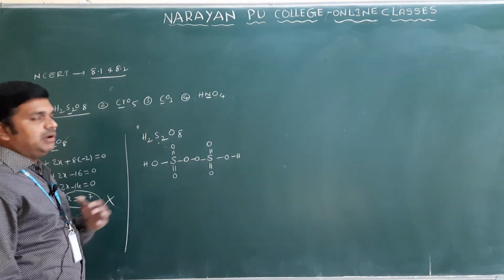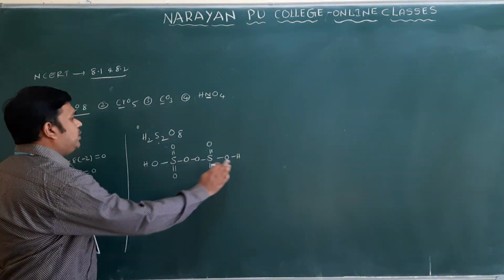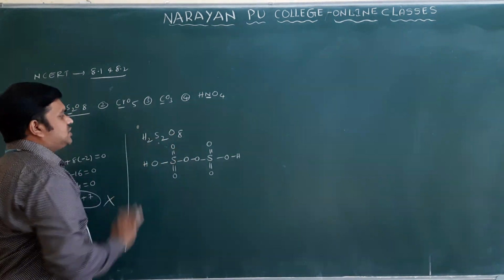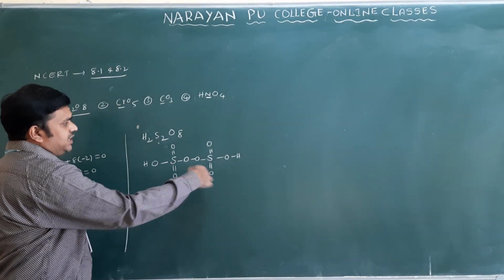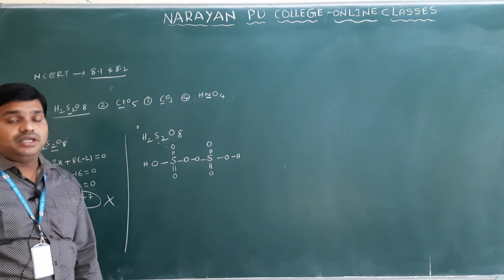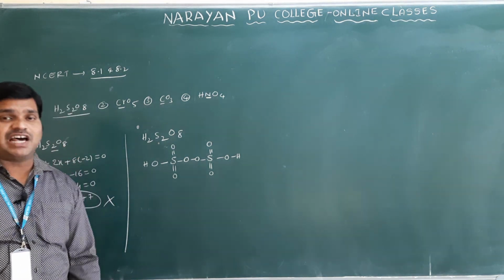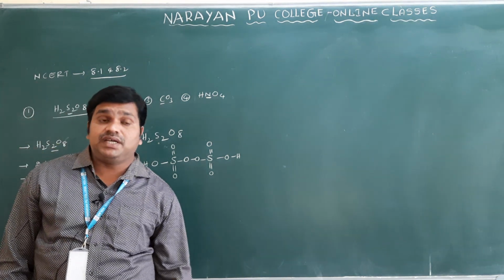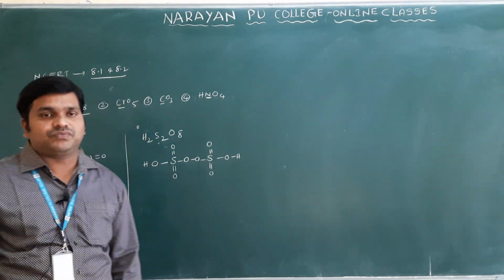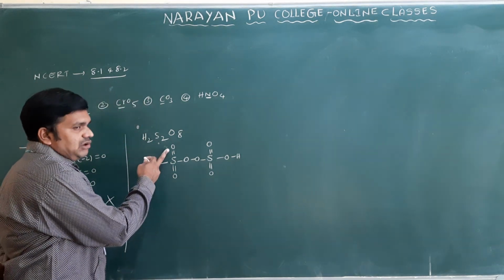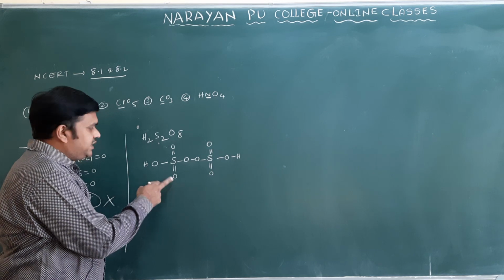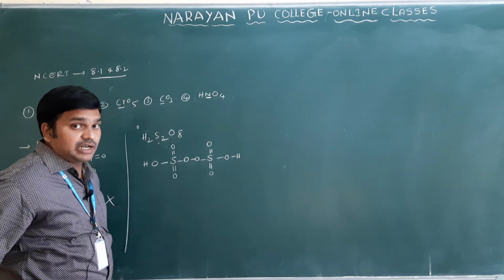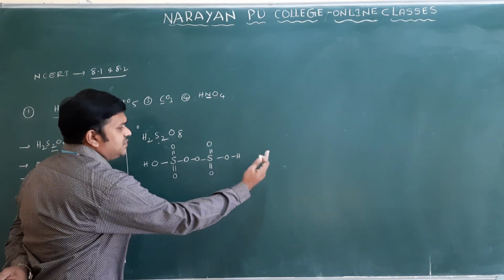Okay, so what is the formula? H2S2O8, right? 2 hydrogens we have, 2 sulfurs we have, 8 oxygens: here 3, here 3, 6 plus 2, 8. Here we have to identify which is a normal oxide bond and which is a peroxide bond. So this is a double bond O, normal oxide; this is a double bond O, normal oxide. In case of OH, this is also normal oxide. Like this, the same on this side also.